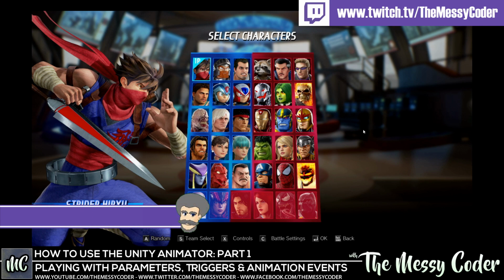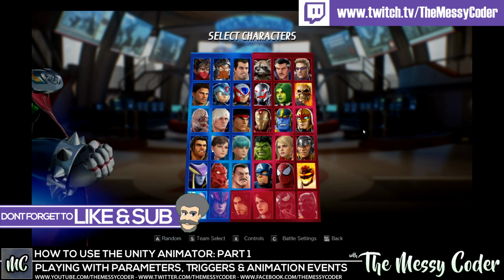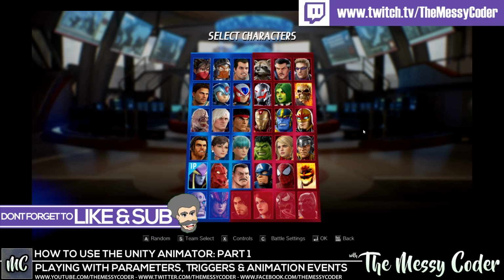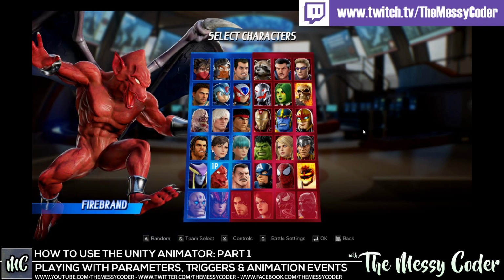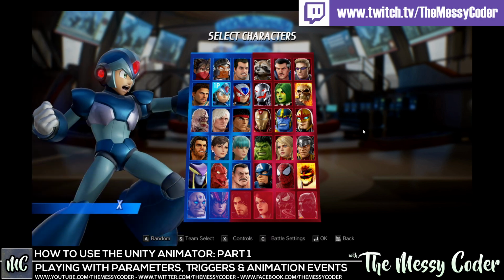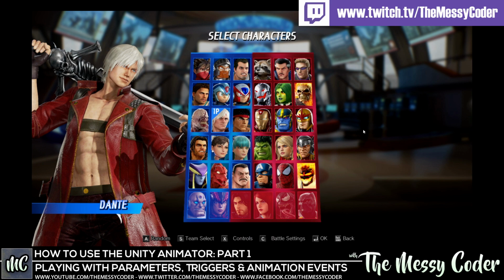Hi everyone, Messy Coder here, playing about with Unity's animation and animator state machines so we can make our own Marvel vs. Capcom style character selection screen. In this video I'm going to be playing about with how we can make a standard button that uses animations rather than using colours or sprites when it's changing its state. So we're going to have on hover, selected, pressed and clicked animations going on with our Unity Animator state